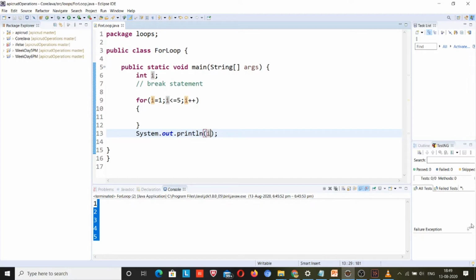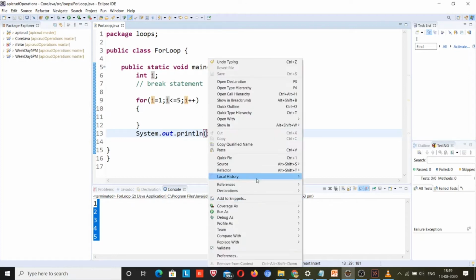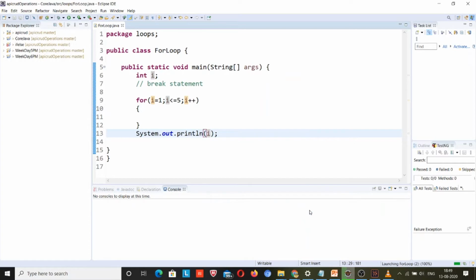Okay, Sudhir, I got it. I will run this code and I will ask Bilal to explain why the output comes out unexpected, 6. Bilal, can you explain it for me? Yeah, because the loop is running from 1 to 5, and after that it moves out of the brackets. That way the next number is 6. That is why.